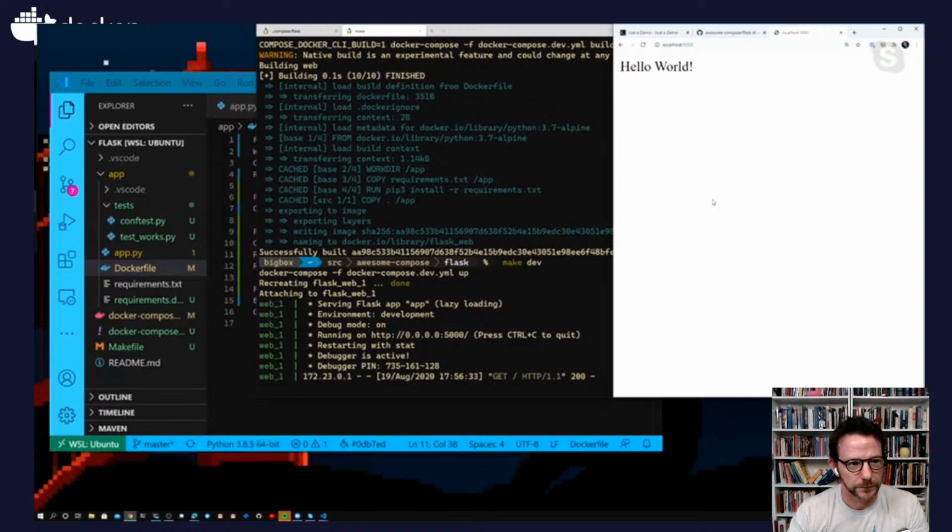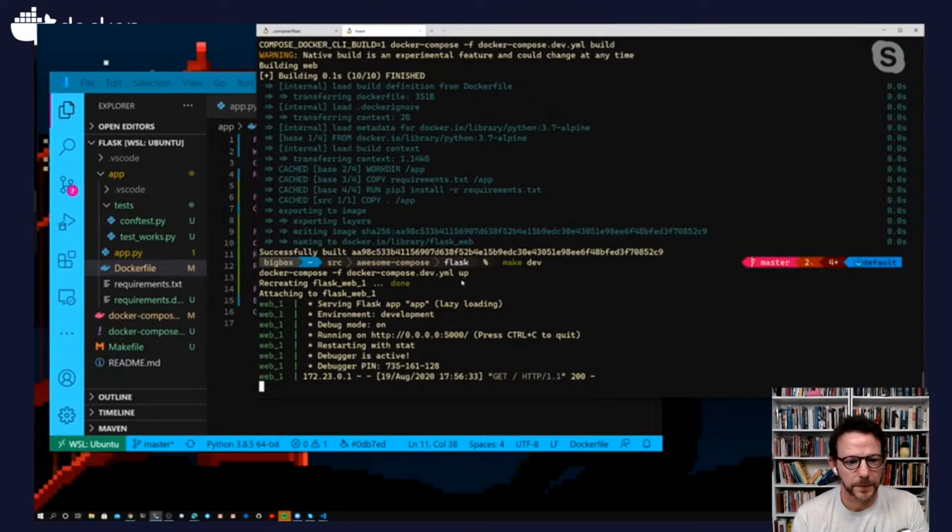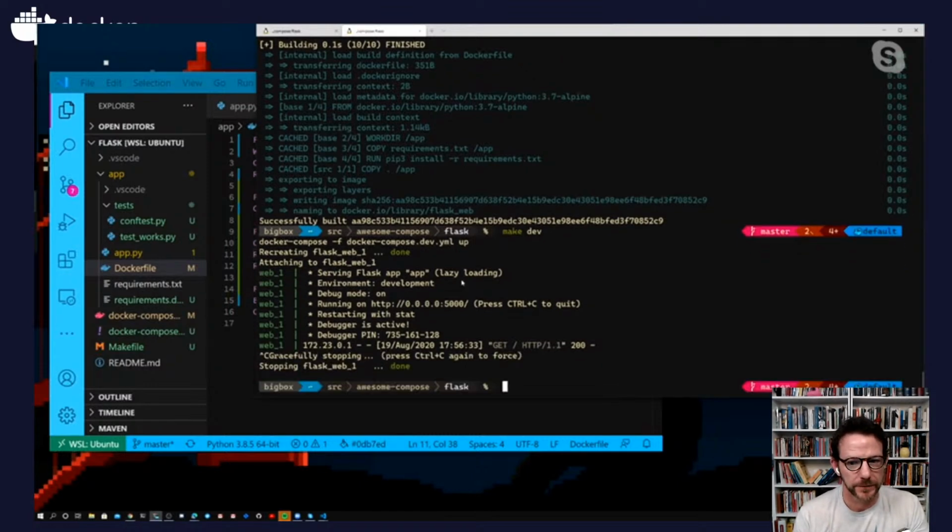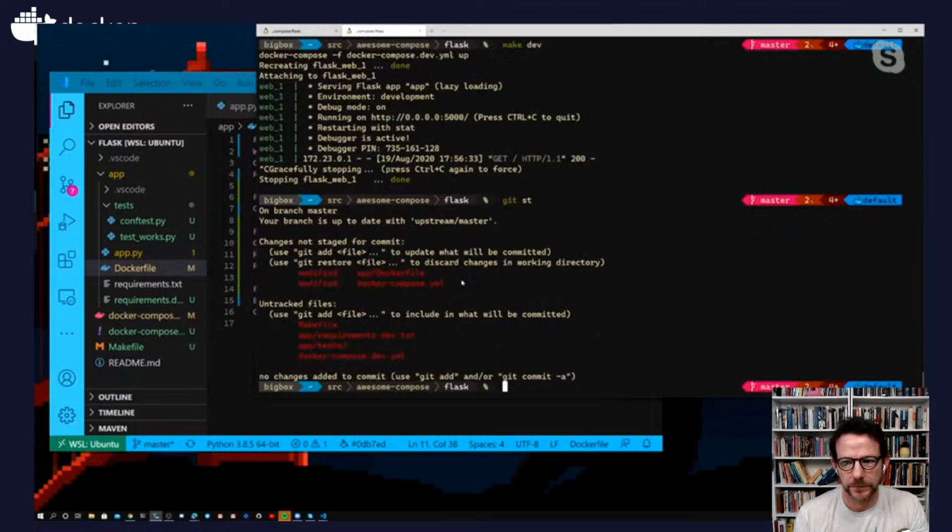So what did we do? Let's do a quick review. Let's see what we did. So we modified the Docker file, and we modified the compose file. We added a makefile. We added a requirements dev so that we can separate our dev requirements from our prod requirements. We added a test directory, compose dev. And so if we go look at those things,